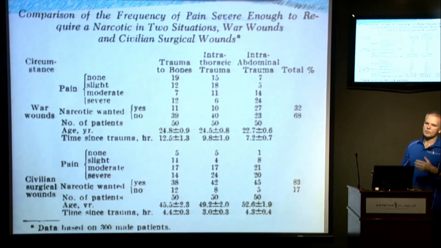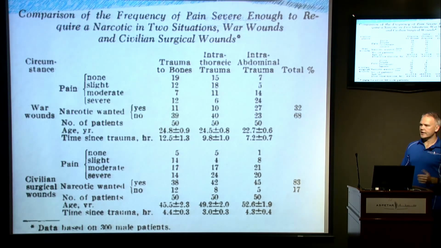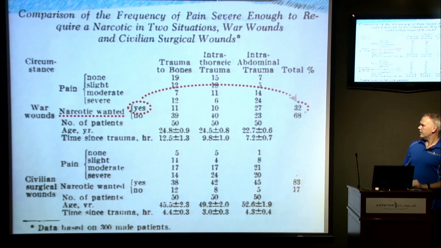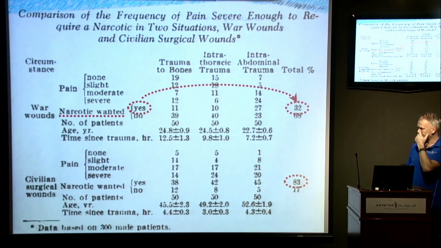I'm happy with where I am. And if we think, well, maybe that's just what they're saying, how did they actually vote? Well, they all had narcotics available to them. And on the battlefield, only 1 in 3 would say, give me some morphine, please. Whereas 5 in 6 of the civilians said, I'm going to need some analgesia for this pain that I've got. So clearly there's a difference in the feeling that these guys are getting and how they're deciding to act, independent of what's going on with the tissue damage.